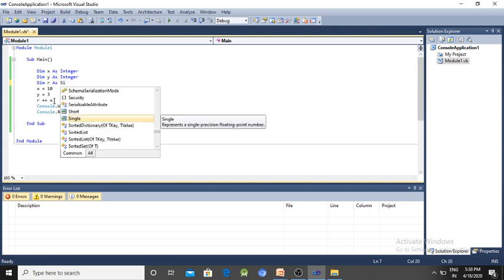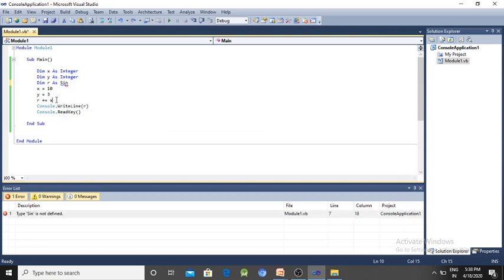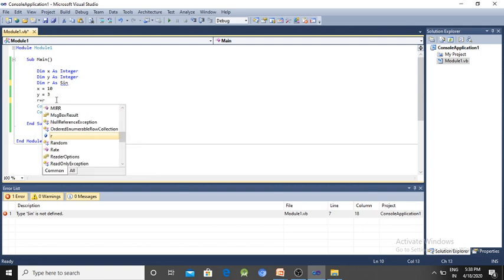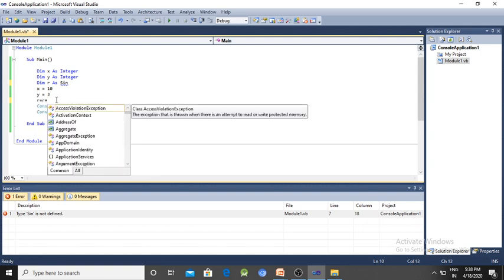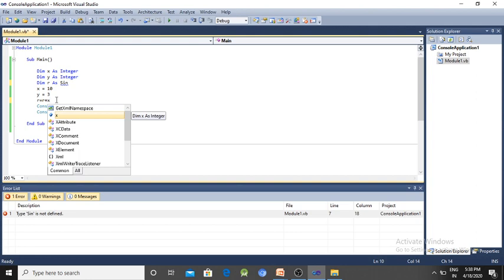Or we can write r equal to r plus x. This is the regular method, and r plus equal to x is a shortcut method.